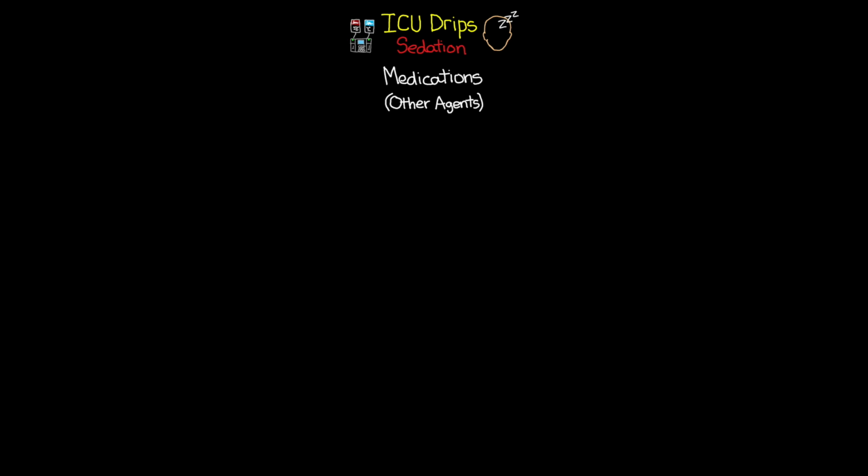All right, so moving on from our barbiturates, the last category that I'm going to talk about is one that we call our other agents or our miscellaneous agents. Now, there's 3 different drugs I'm going to talk about within this category, and each of them are quite a bit different from one another. The first of these medications is a medication we call propofol, also goes by the name Diprivan. The next medication is a medication called dexmedetomidine, which also goes by the name Precedex. And the last medication in this category is one called ketamine.